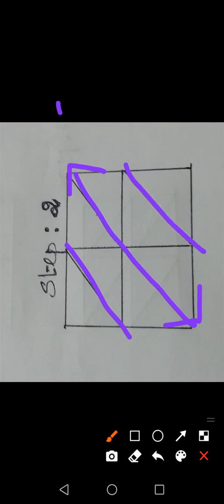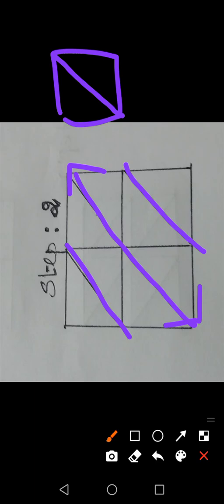So if we take a square box and want to draw the diagonal, we join the top corner with the bottom corner. Okay? That is the diagonal line. So after we finish the rectangle or square shaped grid, we want to draw the diagonals.